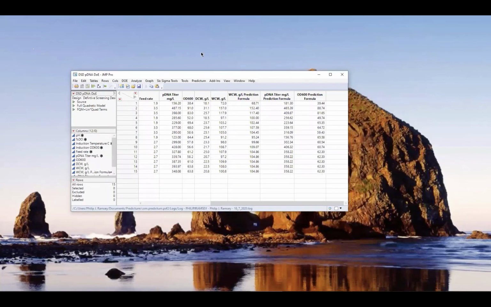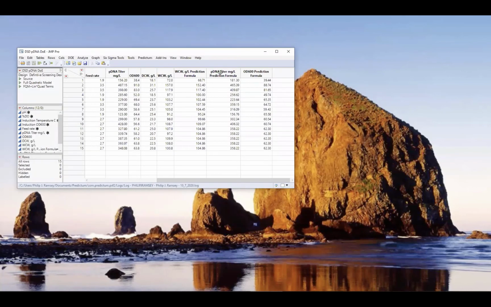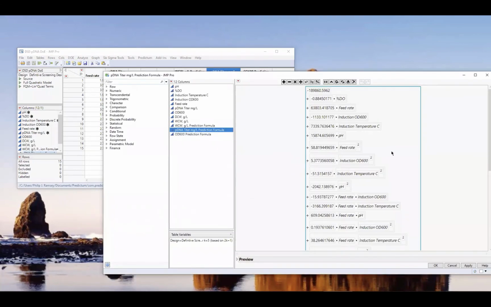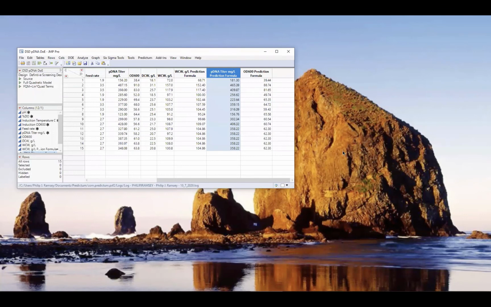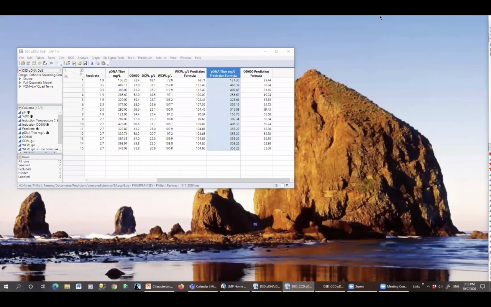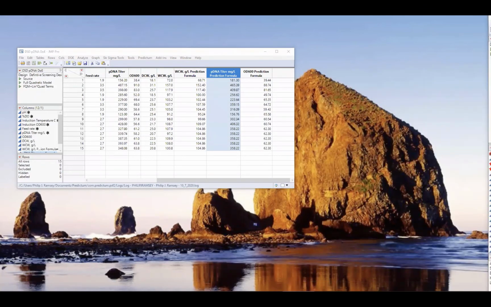So we come back to JMP. And notice it says Prediction Formula. And this is the entire 40-term model. And it's been estimated using model averaging, again, over 2,500 boot runs. And what I'm going to do is take this formula and actually deploy it to the CCD data. Okay. So remember the CCD, I'll just show you quickly,